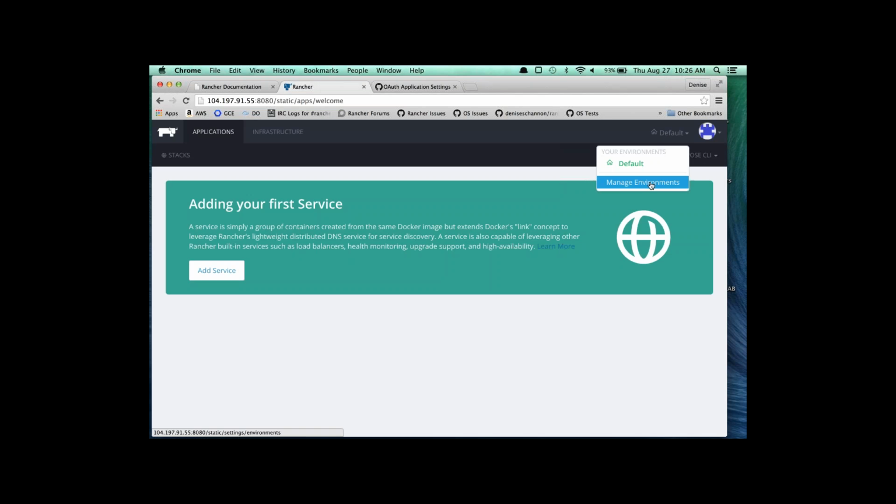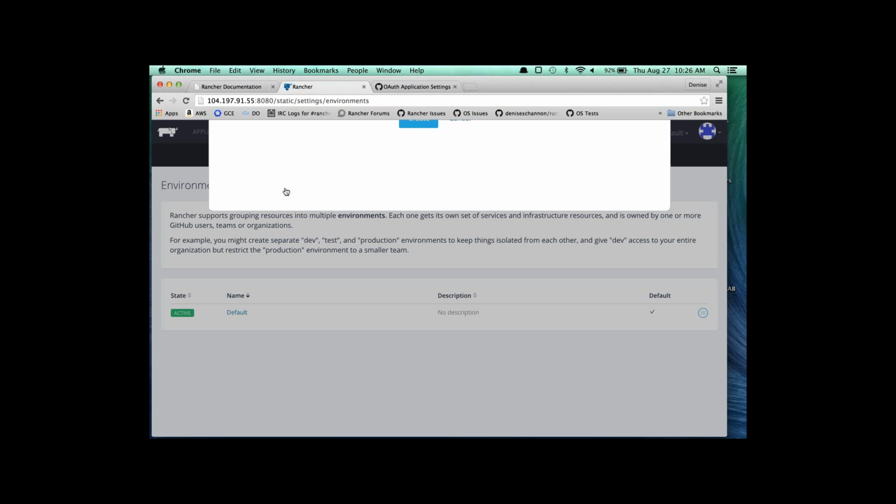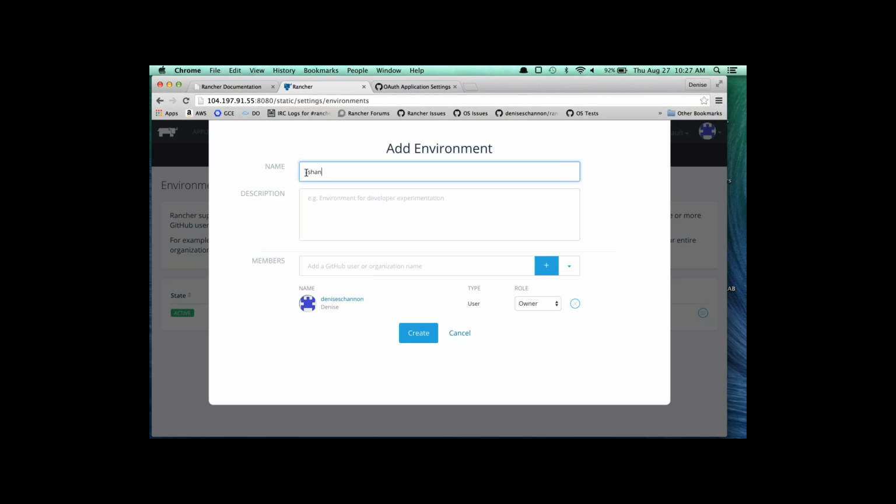And so right now, maybe I'll create another, what we call an environment, in my Rancher server setup. So maybe I'll call this Shannon, so that I could share with Shannon, and then I can, I forget what his